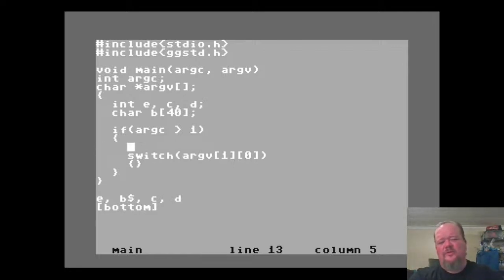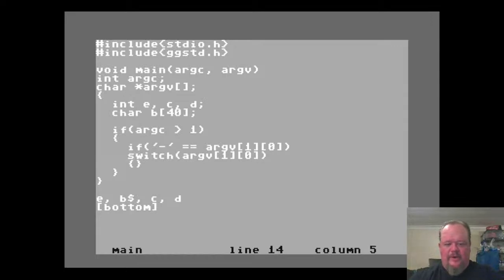Or we could. No, we shouldn't. Let's do this. If argv[1][0] equals dash, then